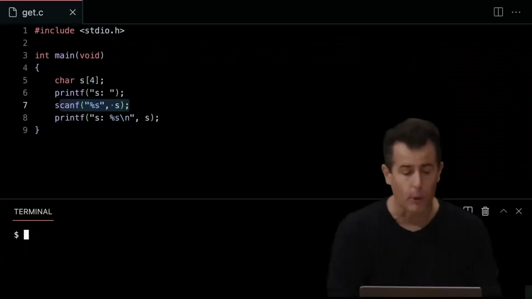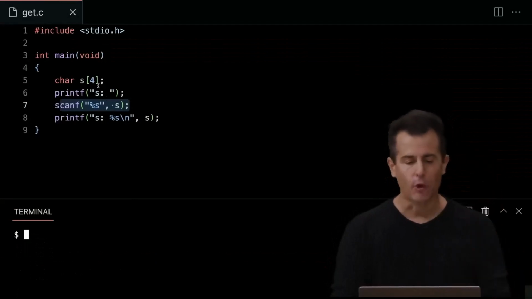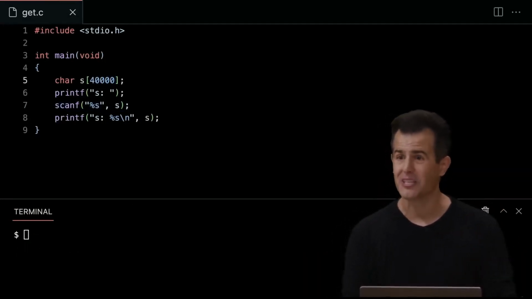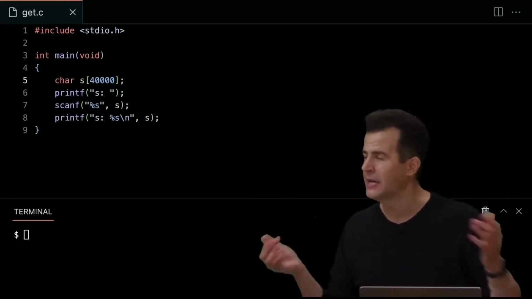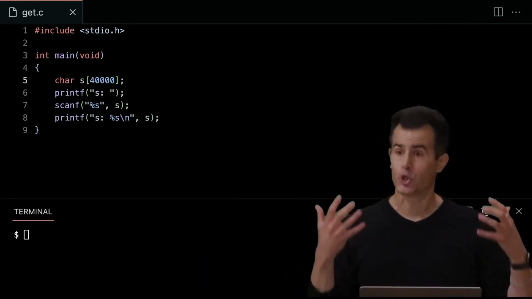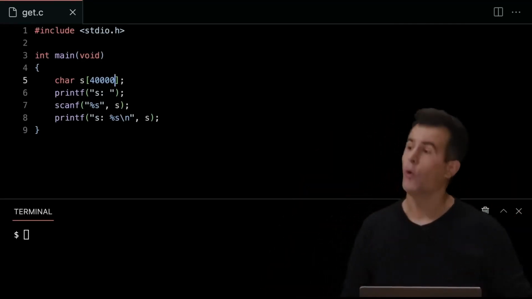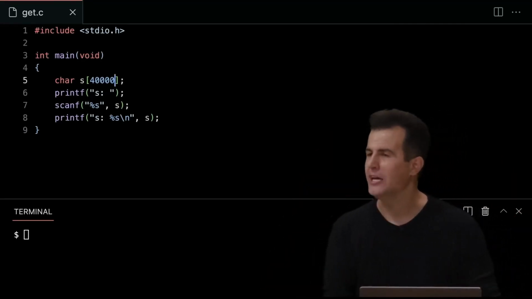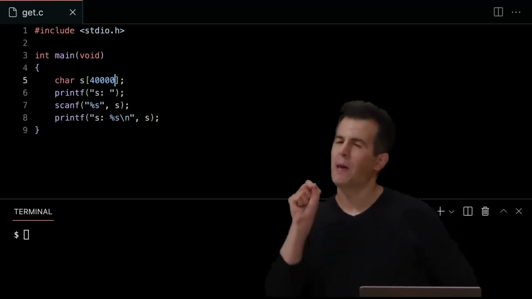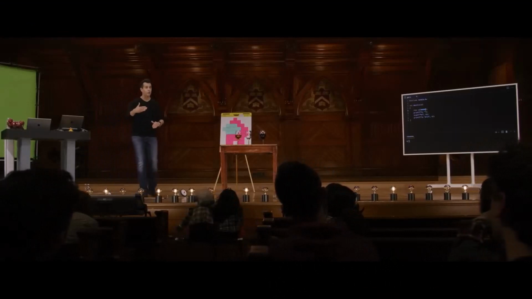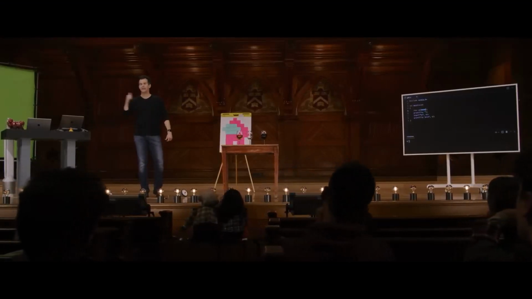So what do you do in your program? If you don't know how long the person's name or the animal name is going to be, what do you do? 40? 400, 4,000, 40,000. At some point, you have to draw a line in the sand. And that's why getting user input is so annoying in a language like C. And that's why getString exists. What we do, if you're curious, is we look at the user's input and we take baby steps. We look at it one character at a time. And every time we see another character, we actually call malloc again and say, no, I need more than 1